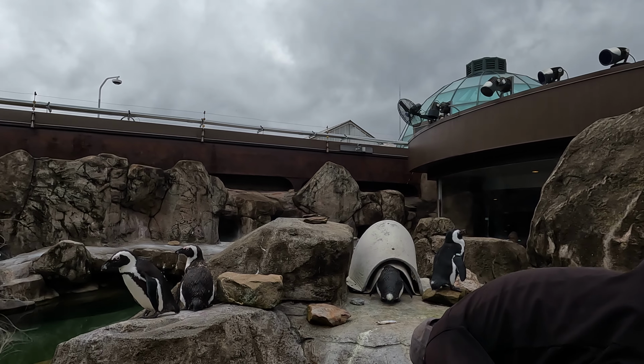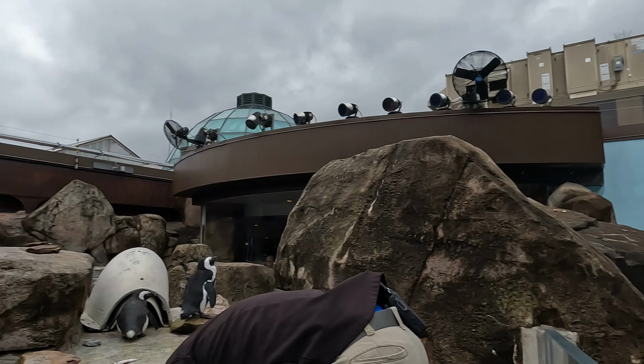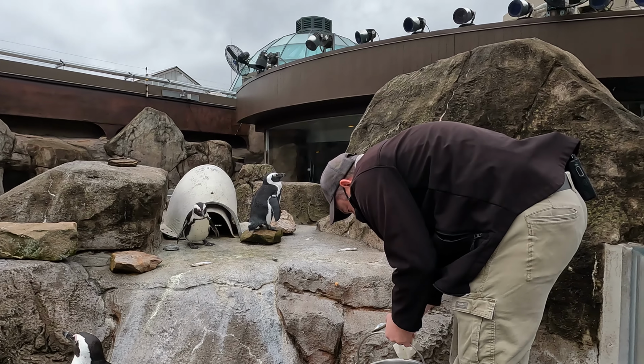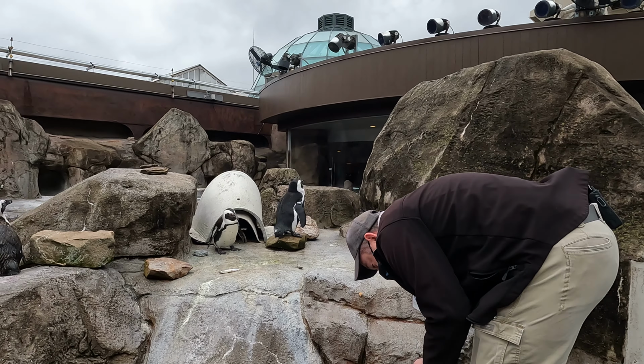Fig was my buddy, but he didn't like to eat a whole lot. So, especially those penguins like Fig or Elvis or Sibby that eat the bigger fish, they sometimes will just like